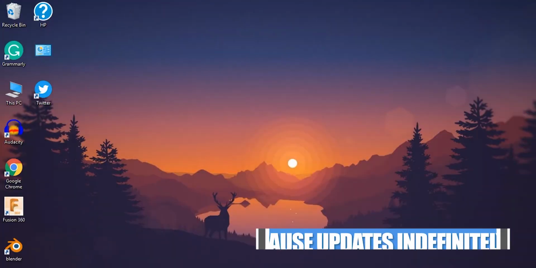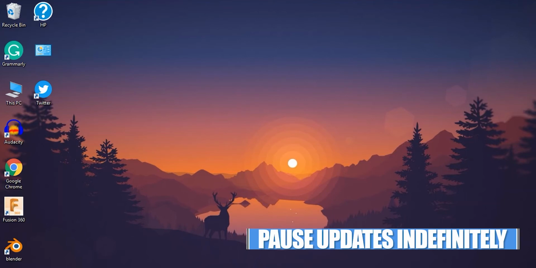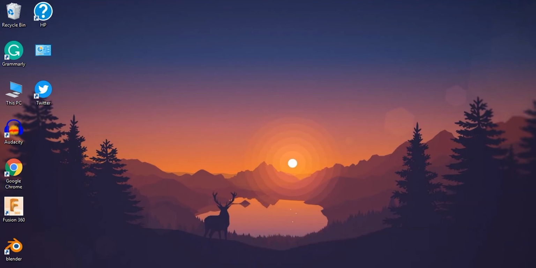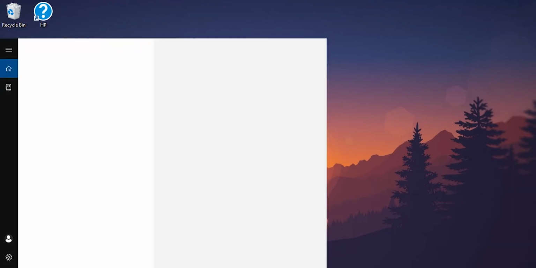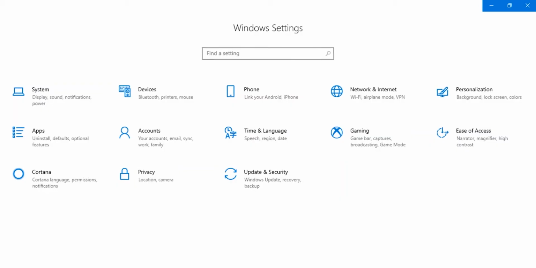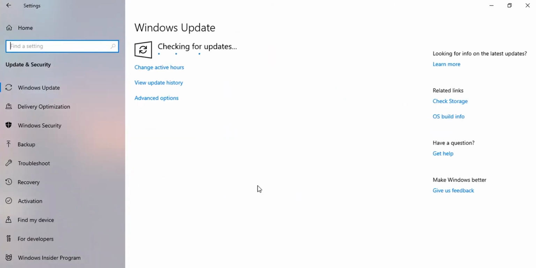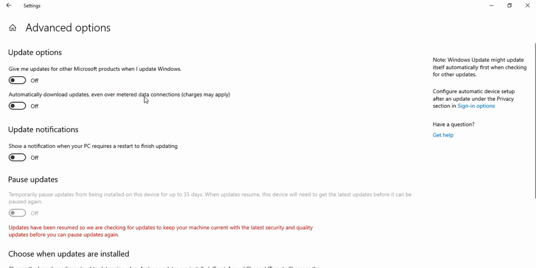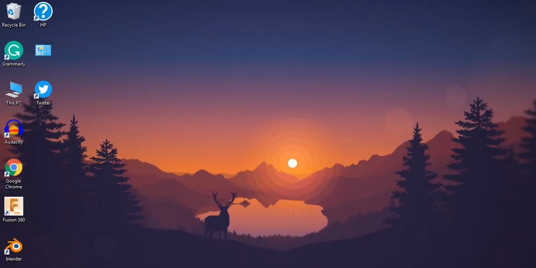Okay, now this is a fun one. As some of you know, Windows does not let you completely stop updates. You can only pause updates for a specific period. But there is a small trick using which you can take the updates into an unbreakable loop. First go to settings, then update and security. Then click on Windows Update. Now once you see this page, click advanced options. Now there is an option called automatically download updates even on metered connections. Make sure that it is off. It tells Windows not to download updates on metered connections.